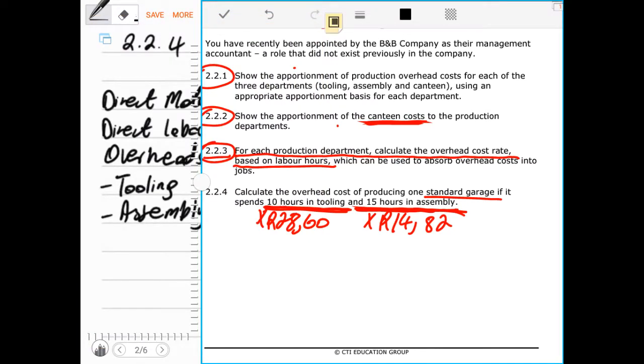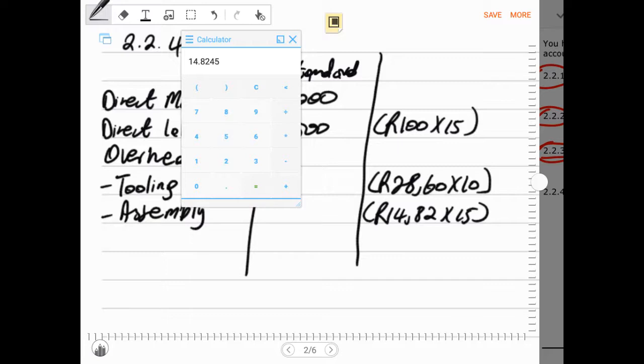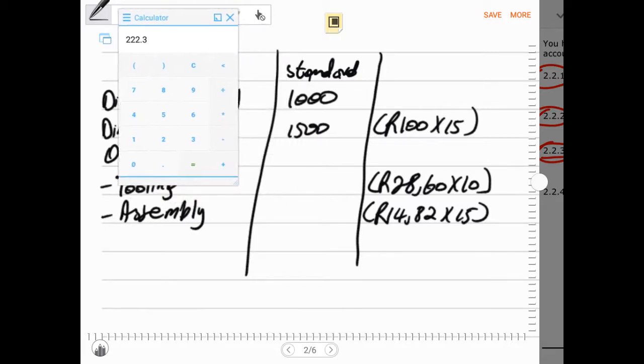So we multiply that also. We already have 14 rand 82. We multiply that by 15. It gives us 222 rand 30 cents. Okay, let us check if